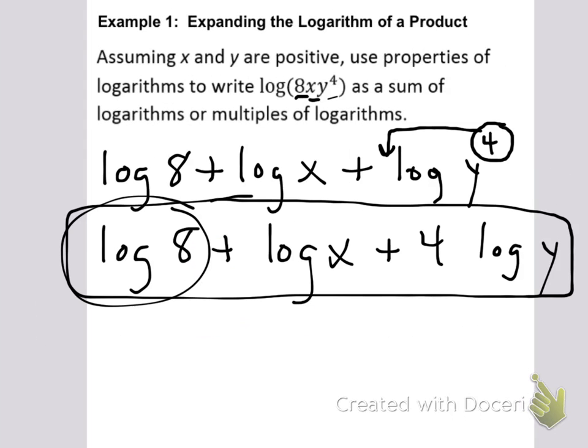All right. Let me take you back to the first one. We've simplified that, we use the properties to their maximum ability. We cannot do any more properties. However, we can simplify log 8. And you're sitting there going, well, how can you do that? I mean, it's log 8. There's no properties to use. What if I told you that the log of 8 is the same as the log of 2 to the